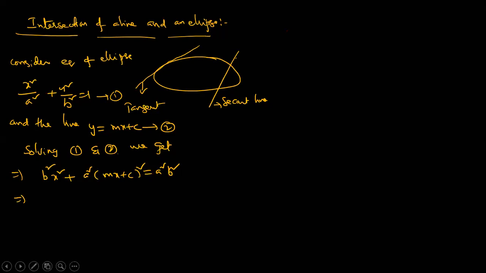Eliminate any variable. Yeah, why not? Fine. But in this case, why are you not eliminating x? Because the concept here is about the line, y is equal to mx plus c. Okay, that's why. Now expand this one. What is the result coming?